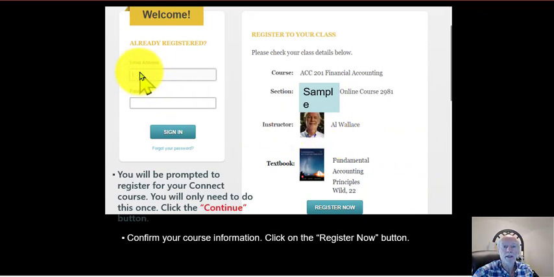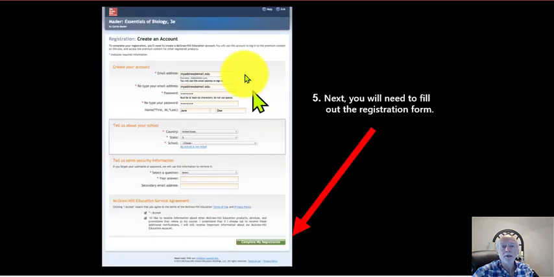Give the Connect folks an email address and a password, and then make sure this is your class, the one you've just registered for, with the accounting information, my name, the book and so forth. Again, these are sample screens, so they won't exactly match what you see. Then you'll fill out the rest of the information to create an account in Connect. And once you hit the very bottom button, it says, what does it say here?